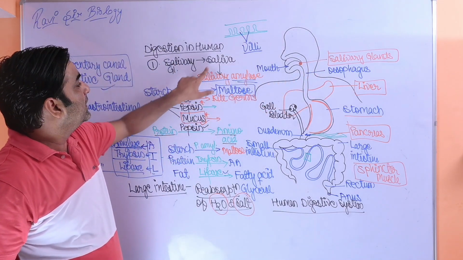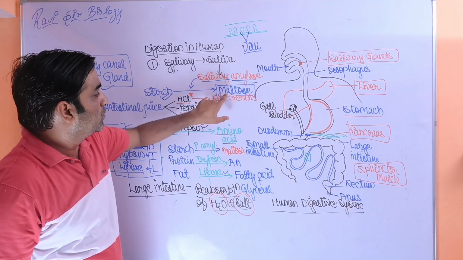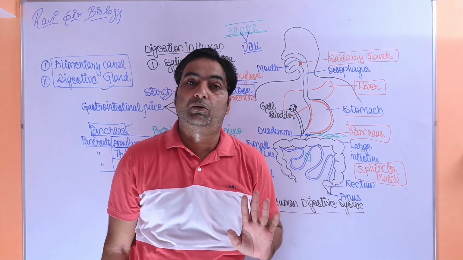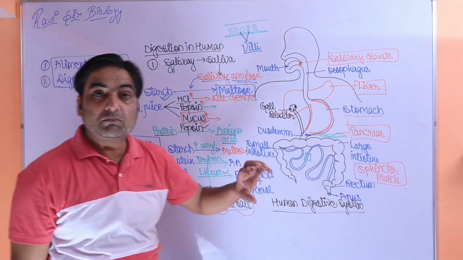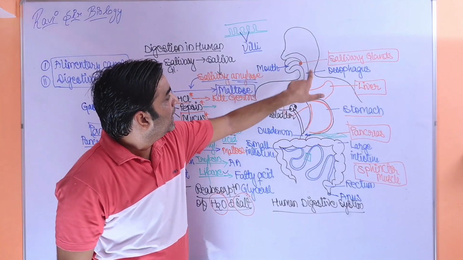सलाइवा सेक्रेट किया, जिस सलाइवा में सैलिवरी एमाइलेज होता है, और वो सैलिवरी एमाइलेज स्टार्च को माल्टोज में कन्वर्ट करता है। मतलब डाइजेशन माउथ से ही स्टार्ट हो गया, और यही आंसर होगा बोर्ड में अगर क्वेश्चन आता है कि डाइजेशन माउथ से ही स्टार्ट हो जाता है।